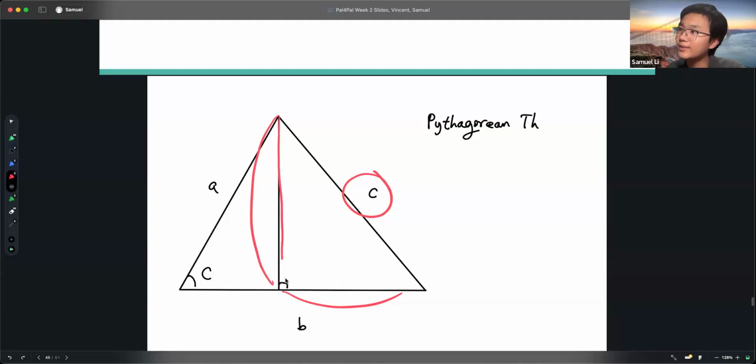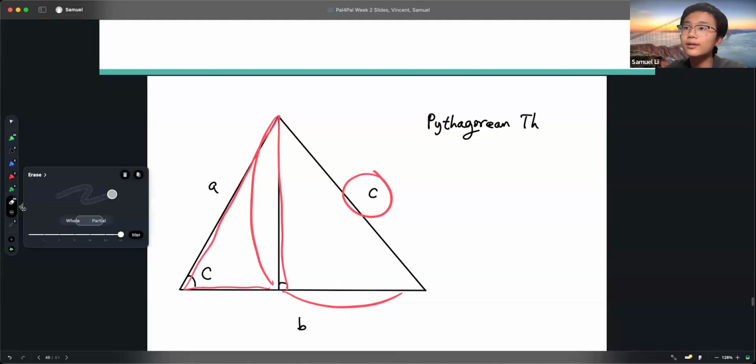So how would you find something like this? Well, the height, if you notice looking at this right triangle,